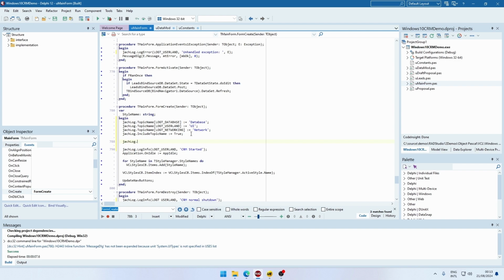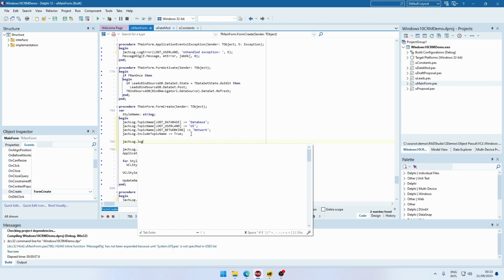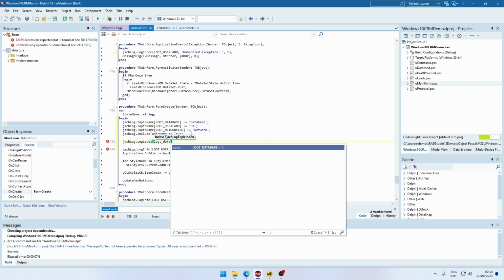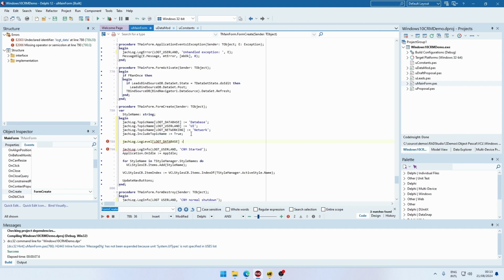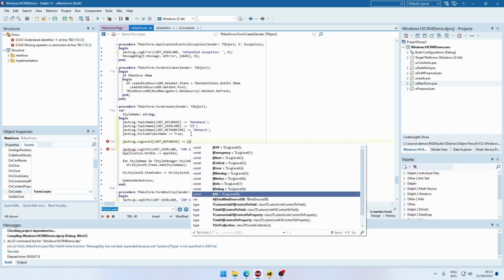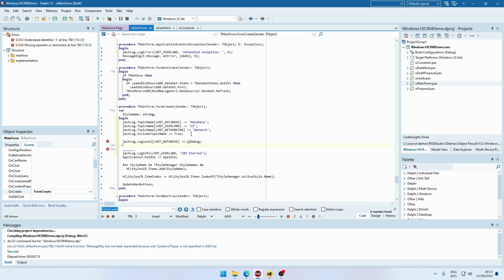So to apply the filtering, you use the log level property and you apply the filter levels to the other dimension, which is the topic. So you can have different log levels for different topics. This gives you nice flexibility. So you can, for example, decide to log everything for the database topic at a particular moment,